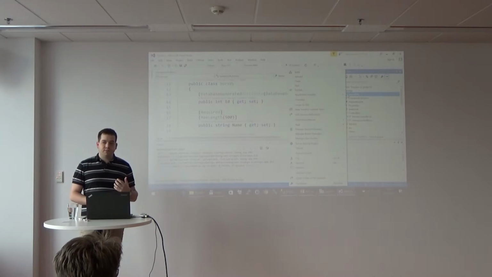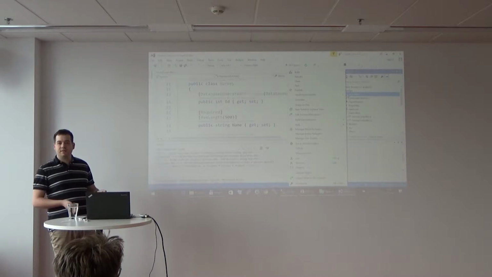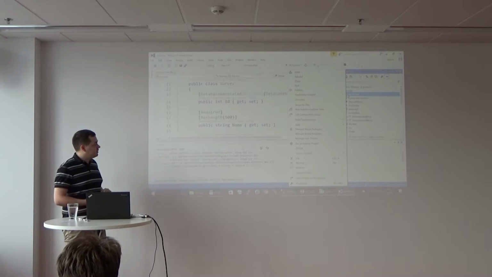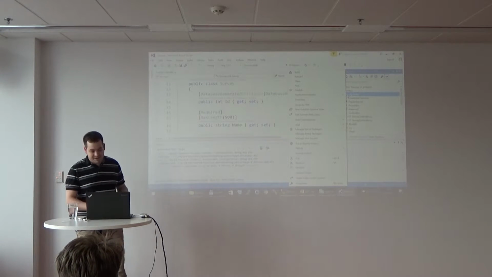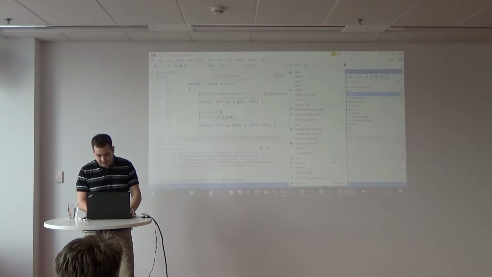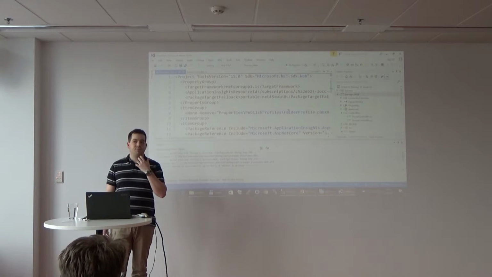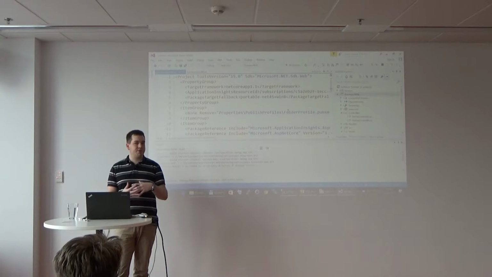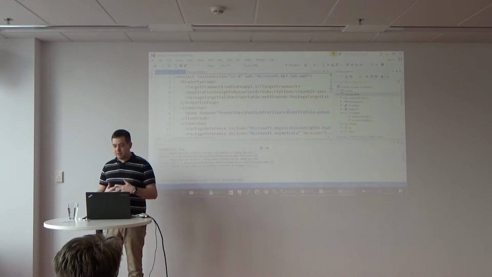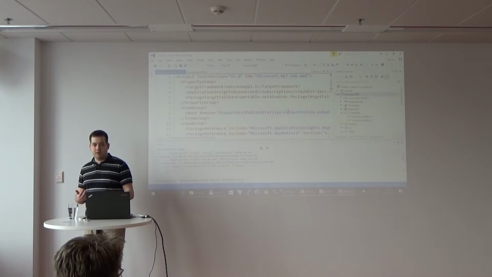Maybe you heard about the project.json file? Who heard about it? Okay, some of you did. They already canceled it, so it's no longer there. They returned back to csproj files, and csproj files were quite complicated, for example, to merge, because you needed to specify all files included in the project.